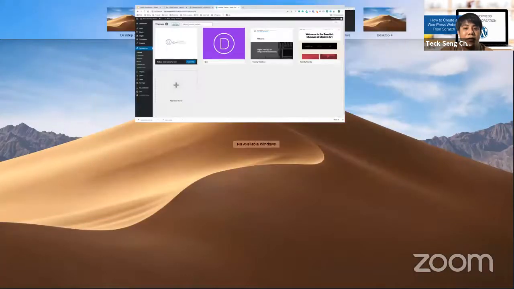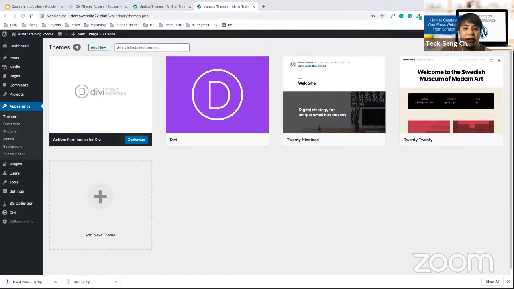So for themes, you will need to install. Once you have your theme installed, you can actually start using the DB theme to build your pages already. But of course, before we build the pages, we want to go through some of the planning first. So later part of the day, we will go through how you can go about doing your planning itself. Okay, this is how you do it.